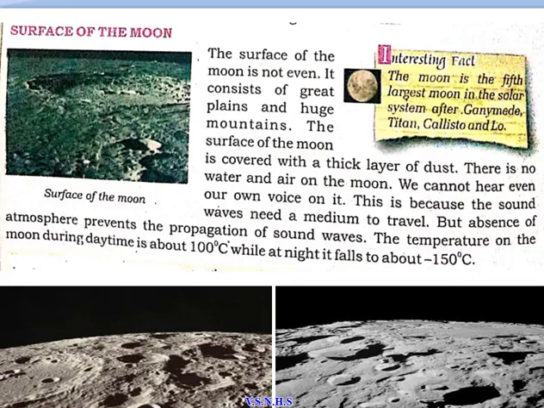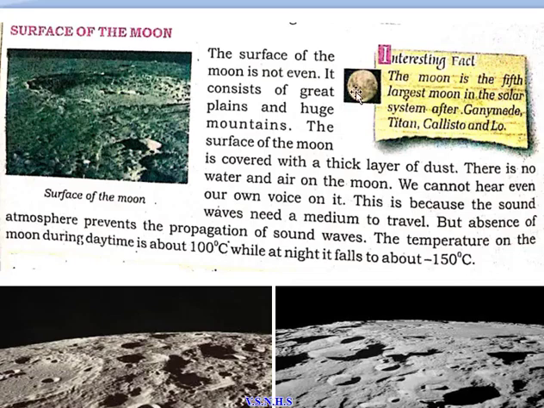And also at night, if you look, the temperature falls to minus 150 degrees Celsius. So this is also too cold for us to live. As there is no air, no water, and the temperature difference is so high, it's not possible for man to live like on the earth. Okay,